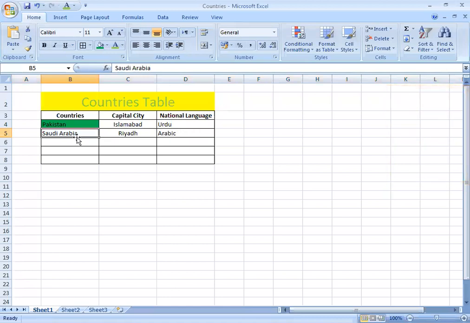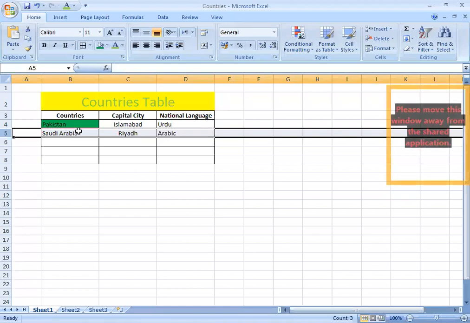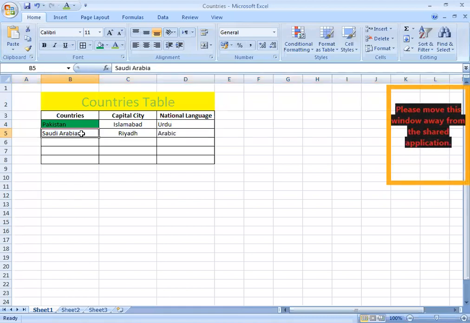You have to introduce a new row. How can you do it? You just click on any cell, either to select the entire row or click on any cell in that row.